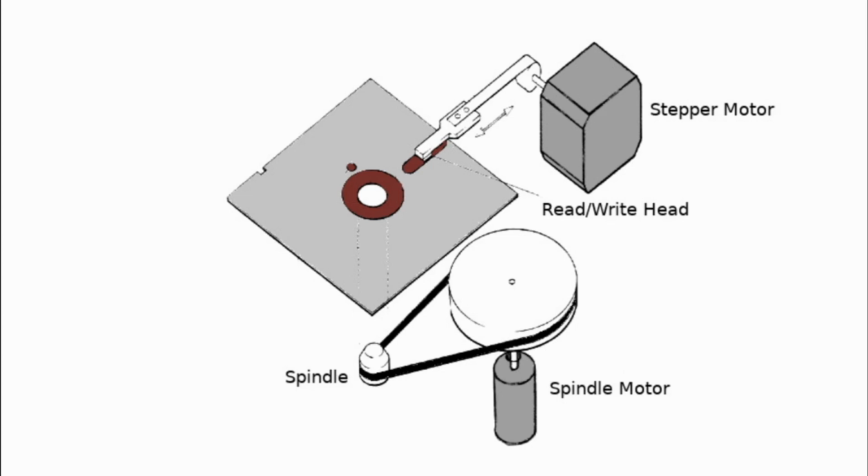Mechanically, it's fairly simple. A spindle motor turns a spindle to which a circular disk is clamped. 300 RPM is typical for 5¼ inch floppies. The disk is covered with brownish magnetic material, and tiny regions of it can be selectively magnetized. A read-write head rides in circles around the disk. A stepper motor can precisely position the head a certain distance from the center to select which circle or track